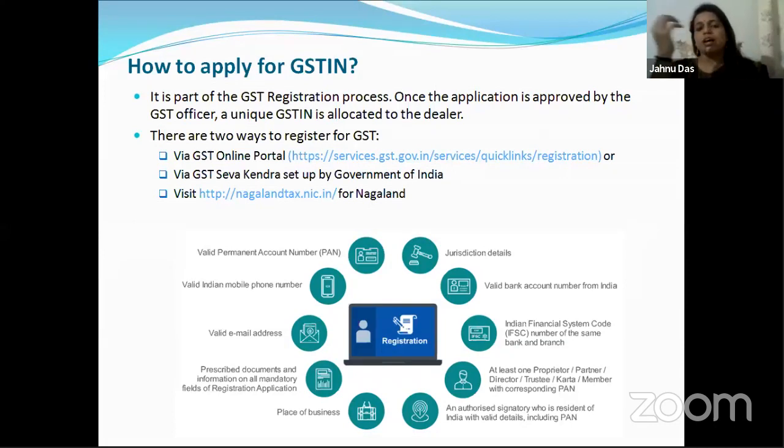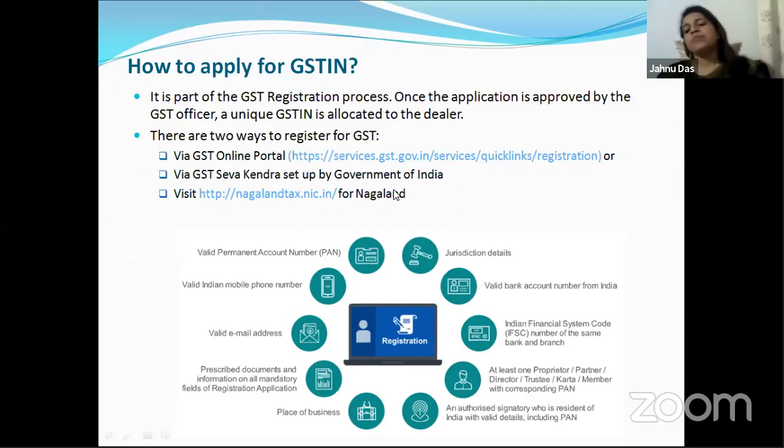Or what you can do, just like Aadhaar, where we found our Seva Kendra, which we call facilitation center, we have GST Seva Kendra, which provides the services, will register for you and file the return for you. You can either go to those centers, register yourself and file your return. So to get your GST number, what you require: